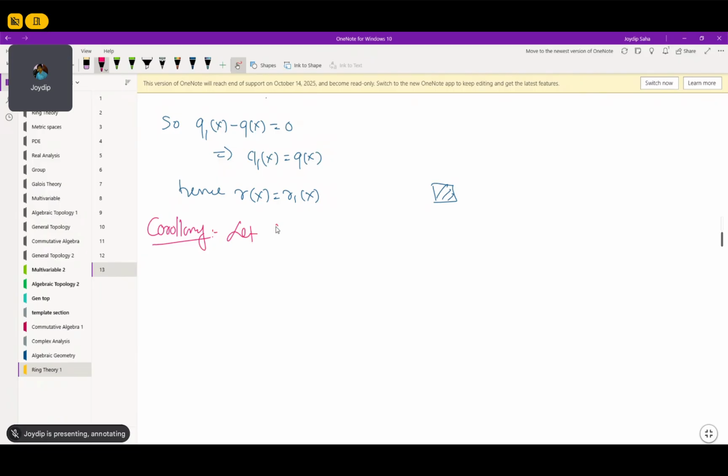Let f(x) belong to K[x] and alpha belong to K. Then f(x) = (x - alpha) g(x) + f(alpha), that is, if alpha is the remainder,